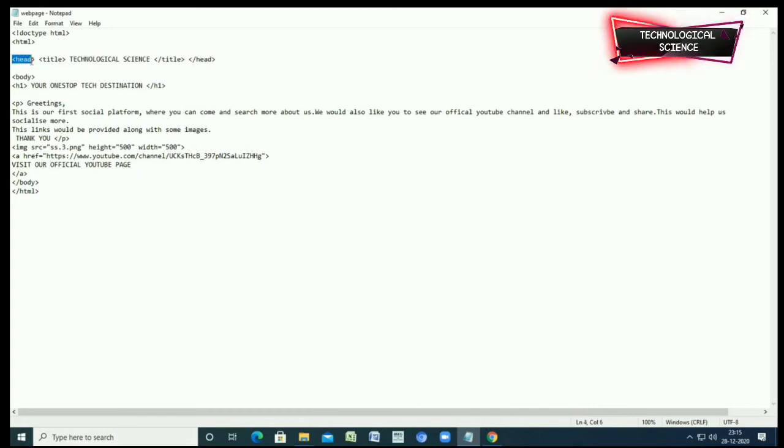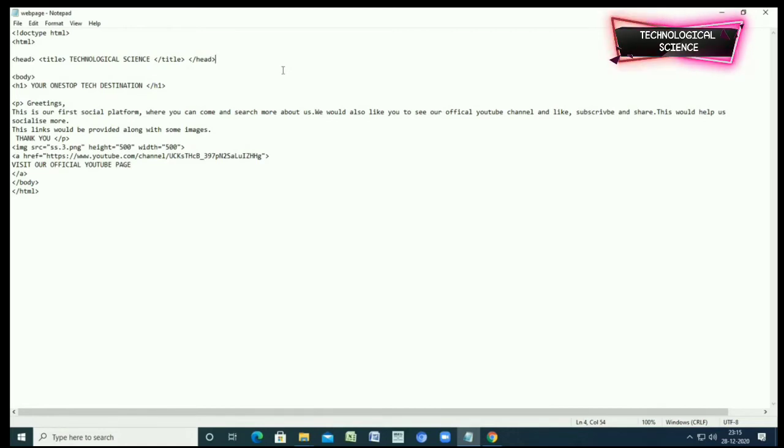Just type head like this in between these two angle brackets. Then create one more opening tag for title and write the title whichever you like. Then create a closing tag for title and then a closing tag for head. Head basically means that you are giving a title to your web page.